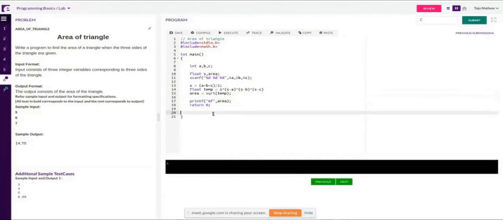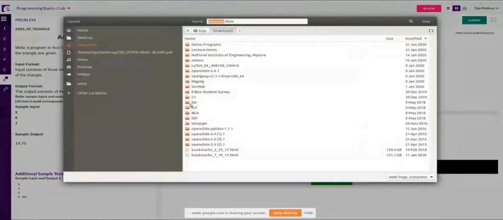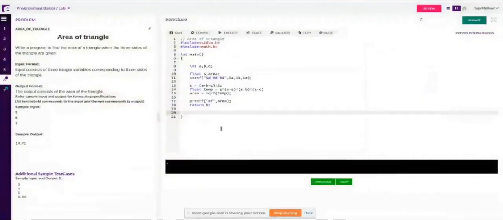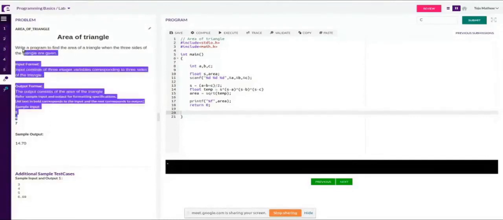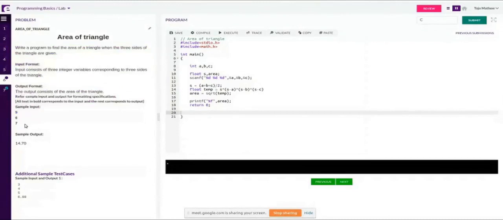So this is how you will normally do any program. You understand the problem statement, decide how many variables are required: input variables, temporary variables, and a variable for storing the output value. All those things you will get from here. And you have the format of the input and the format of the output. There is no message like "area equal to 14.70".